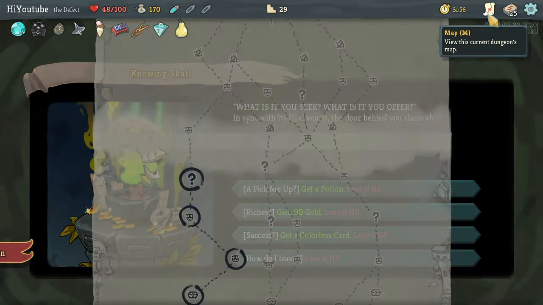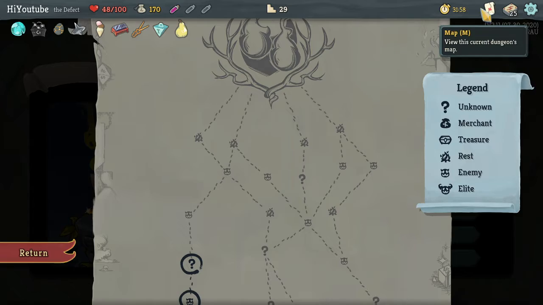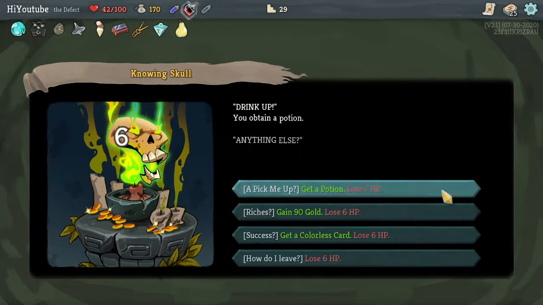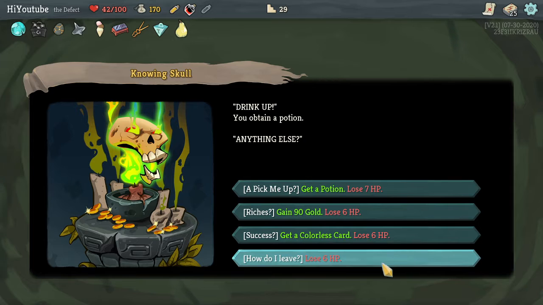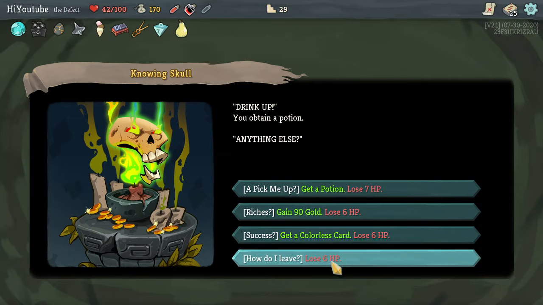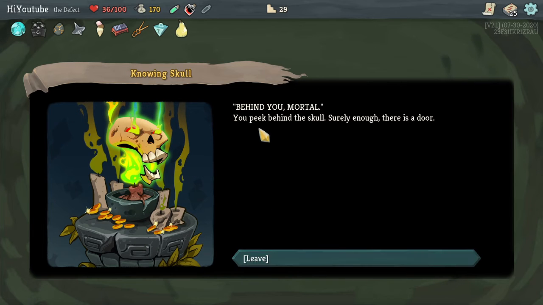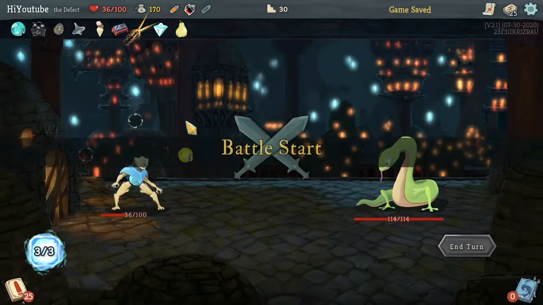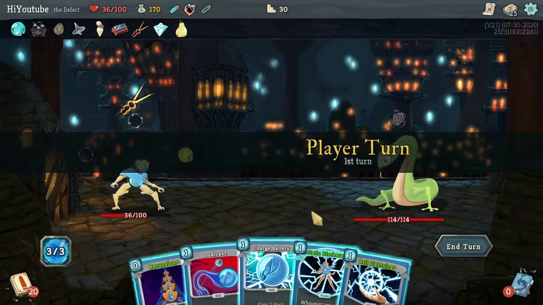Do we have a shop coming up? We do not. So the money means nothing. Colorless card means nothing. Give me potion. Drink up. That's alright. And then I think we're just going to leave. How do I leave? Behind you, mortal. You peek behind the skull. Surely enough, there is a door. I hear that one. Just because either way you're losing 6 bloody HP, so...